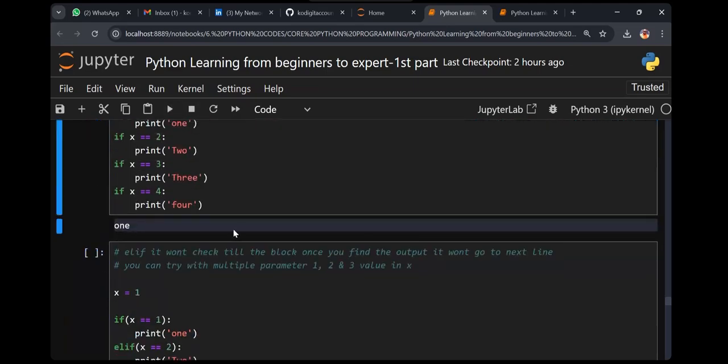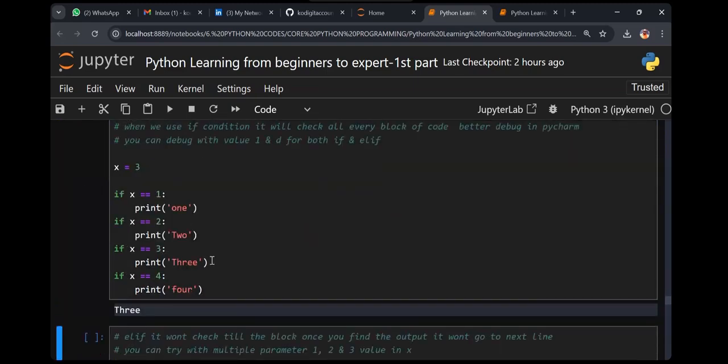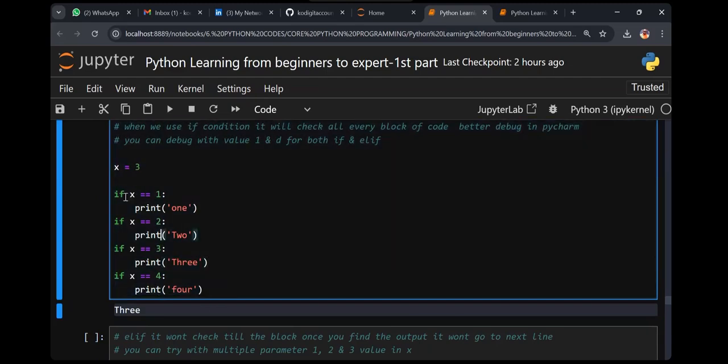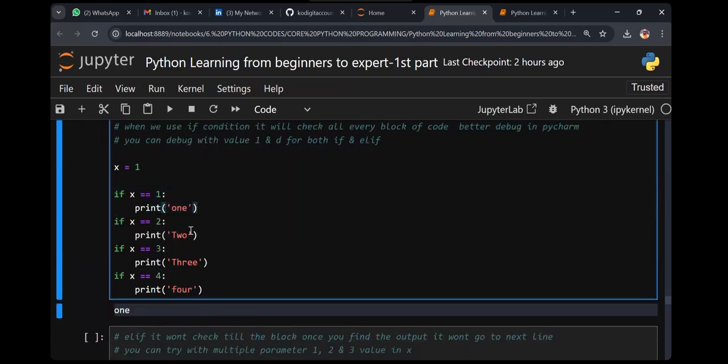What exactly happened? 1. But here, if I say 3, you got 3, or not? But I said multiple times, do not use multiple if. The reason being, if I check in PyCharm, what happened? If I mention 1, it should stop. It wouldn't stop here. It will check 2 as well, it will check 3 as well, it will check 4 as well. It takes more time in memory space creation. So rather than do this, I can use elif.